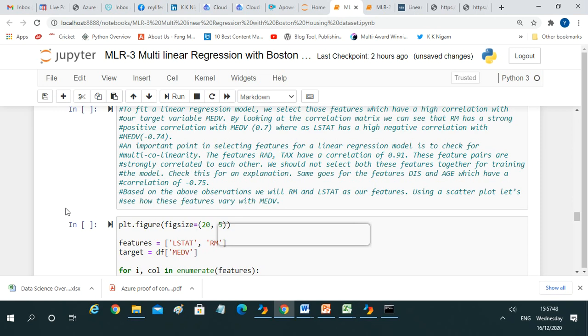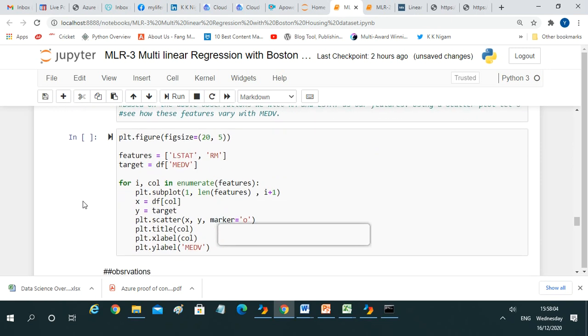The same goes for the features DIS and AGE, which have a correlation of -0.75. Based on the above observation, we will take RM and LSTAT as our features and use a scatter plot. Now let's see how these features vary with MEDV. So now we are going to have another